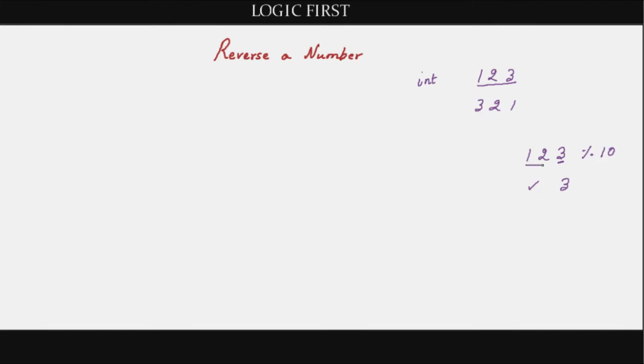When you have 123 as such, it is quite difficult to get the number 2. Since we already got this number 3, let's just try to remove 3 from the entire number. If we do that, we will be left with 12. With 12, we can easily get 2 by performing a modulo operation, right? So how can you remove 3 from 123? You just have to divide 123 by 10.